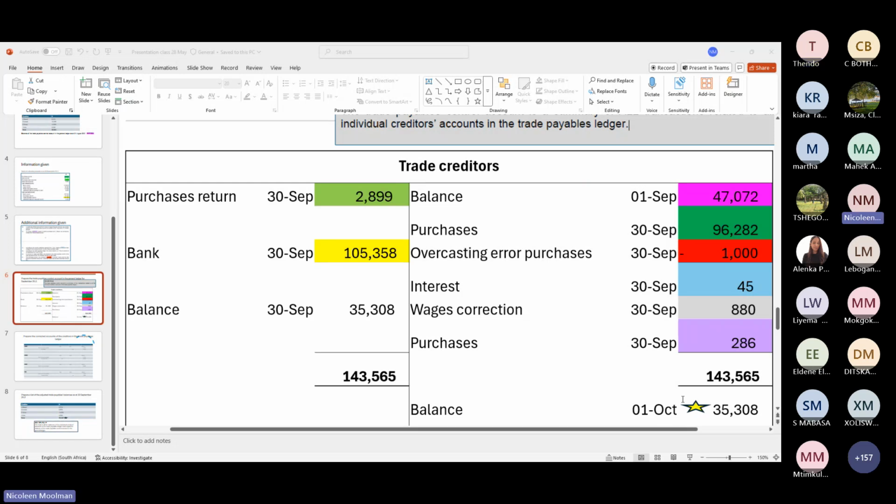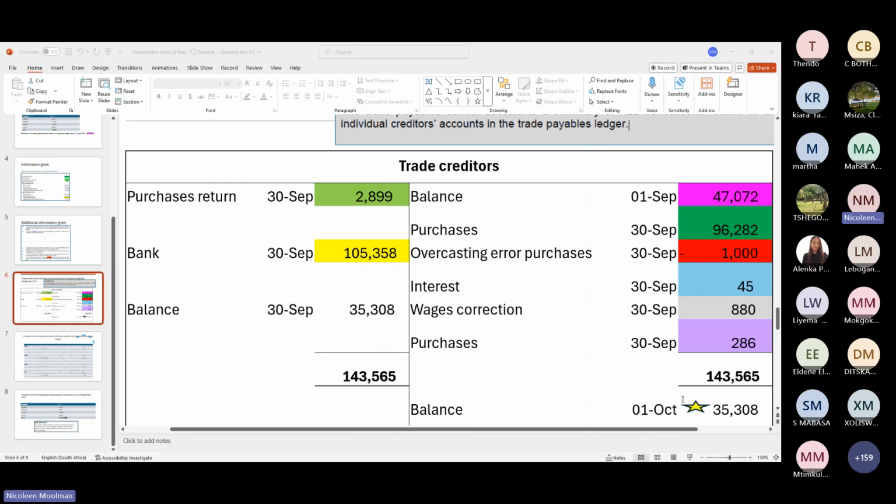Then Mike is saying, all right, thank you. I have a question on the purchases and the interest. Please, can you repeat it? I'm happy to do it, but the recording will also be available. The interest was just the supplier said that they're going to raise interest on our account, the amount that we owe them. So now we owe the creditor more than what we're saying we are. And to raise that accounting entry, we will say debit interest expense and credit trade payables because we're owing the creditor more.